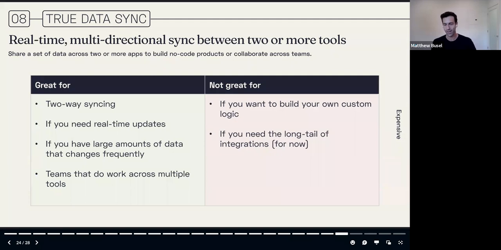So if you're using Airtable and Notion or Linear and Asana, right, and your team is not all in one space, being able to keep those two sets of data live all the time and sharing across the two apps is really helpful. What they're not as great for, I guess, two things that we talked about before, is